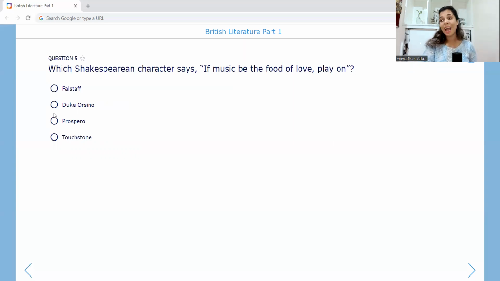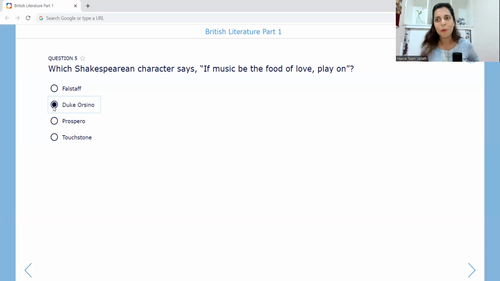This is the first line of Twelfth Night. And who speaks it? Duke Orsino. Yes, this young Duke who is blindly in love, but his love is not getting reciprocated. He's telling the musicians, keep singing. If I stuff myself with food, I will end up hating it. So if you give me too much music, I might end up forgetting my love. That is what he meant.